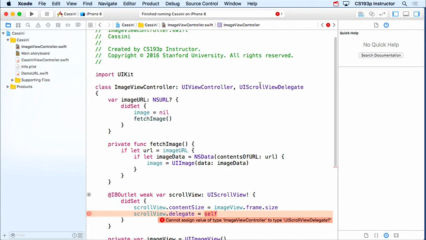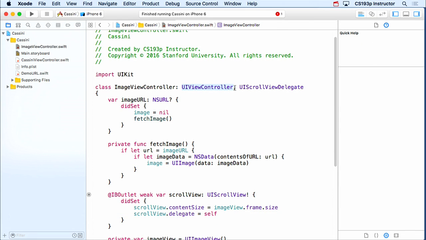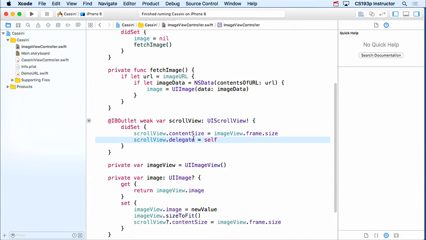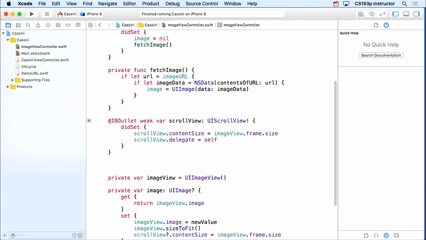We do that by just putting that right after our superclass there, a little comma, UIScrollViewDelegate, and that says we are a ScrollViewDelegate, and all of a sudden this works. Now, UIScrollViewDelegate has no methods or vars in there that are not optional. In other words, they're all optional, so we successfully implement it and the compiler is not complaining, because none of them are required. But we still want to implement one, that zooming one, which is called viewForZooming